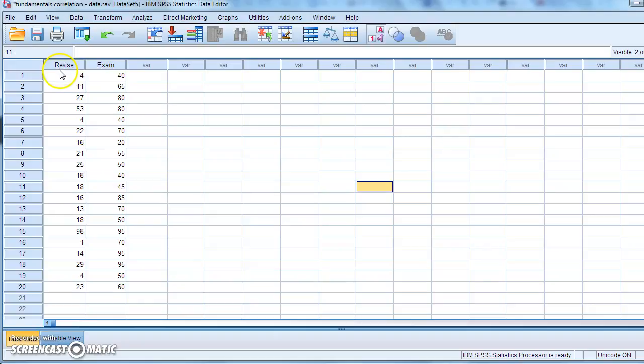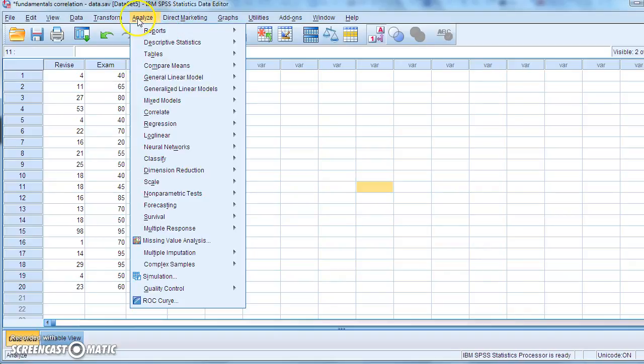The study here is we measured how much revision people did in terms of the number of hours they spent revising on a particular topic, and then we measured exam performance. So again here, revision in terms of hours, that is a ratio scale, because if they spent no time at all, it would reveal itself as no hours. And exam performance here, difficult to say again, probably ratio, but definitely interval. So we can use a Pearson correlation, which is the parametric version, if the data are suitable to do that.